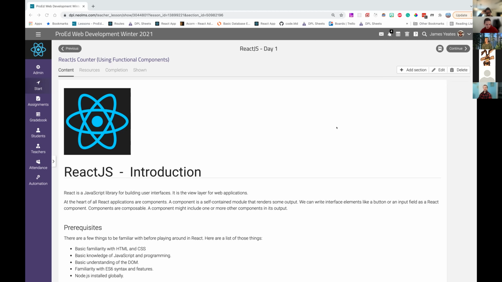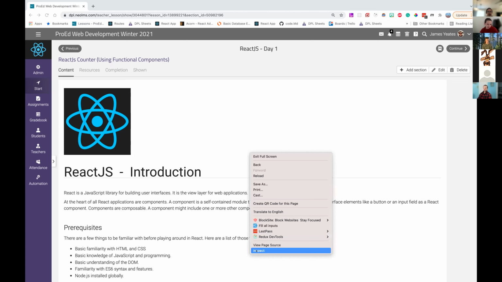Before we learn React, we need to be a little familiar with HTML and CSS. We don't need to be experts with this. The nice thing with React is we can get more expertise with React while we're also learning these other concepts. So we want to be familiar with HTML and CSS. We want to have a basic knowledge of JavaScript, and a basic understanding of the DOM, and we'll get more of an understanding of what this is, but the DOM just stands for Document Object Model. And that's just a fancy word for